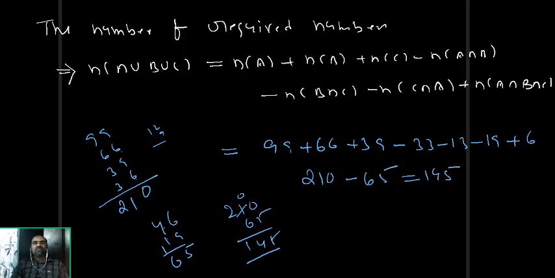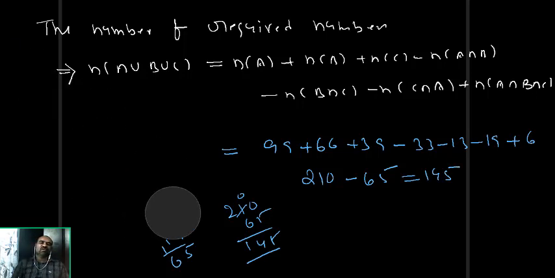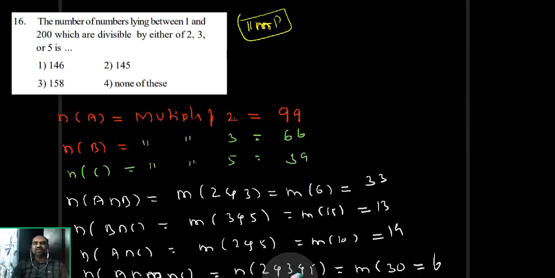What I can say is, 145 is the number of numbers below 200 which are divisible by either 2, 3, or 5. "Either" is important, and "and" is different. 2 and 3 means you need to find only multiples of 6. "Or" means we want multiples of 2's and multiples of 3's, and from that we need to subtract multiples of 6, because we added those twice. There, 3 numbers are given, that's why the problem is difficult for us. So my answer is 145.